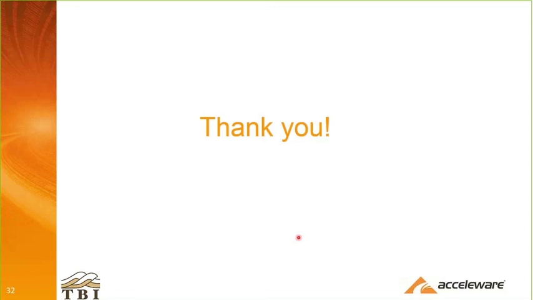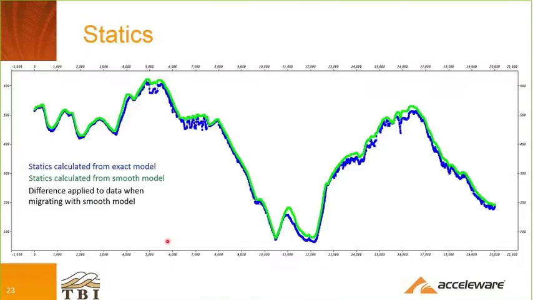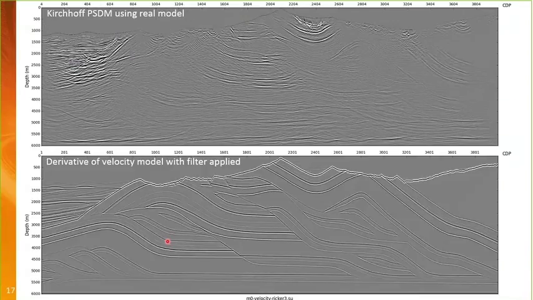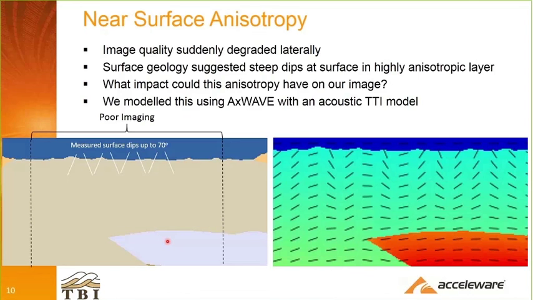Okay, so another question I've got here is, for the anisotropy model, what values epsilon and delta were used, and was this tested, and how did you decide on how the dips tapered with depth? So for that, let me go back to this slide that I was working on. Just give me one moment here. So basically the delta value was 3% and epsilon we used 20%. And that was based on our understanding that this layer was highly anisotropic. Those are the values at surface, and actually the epsilon tapered down to 12% as we got closer to our